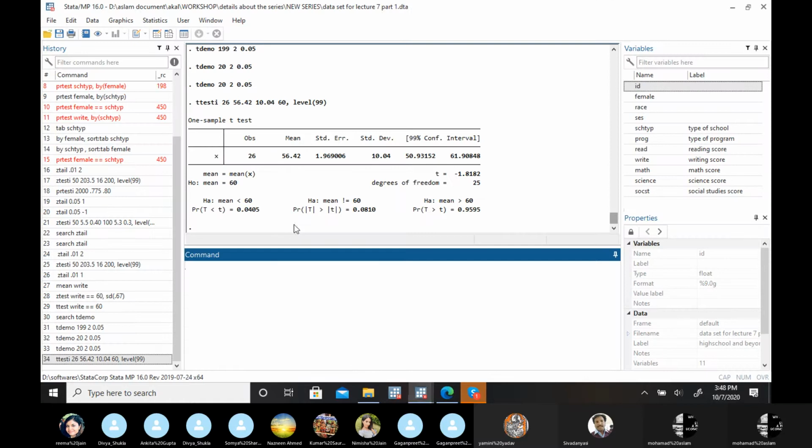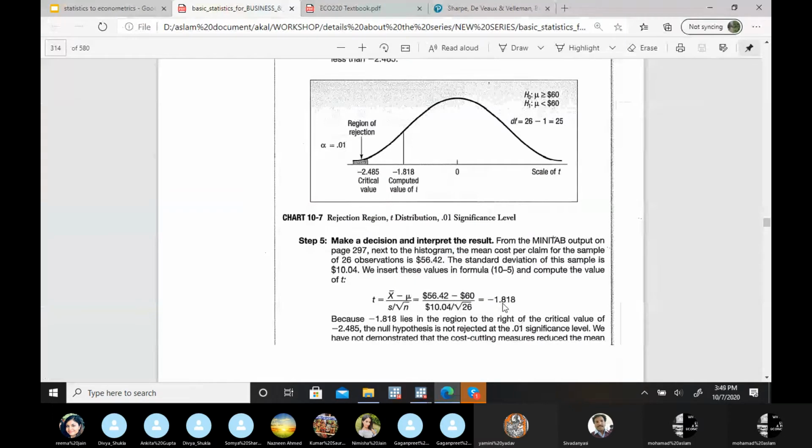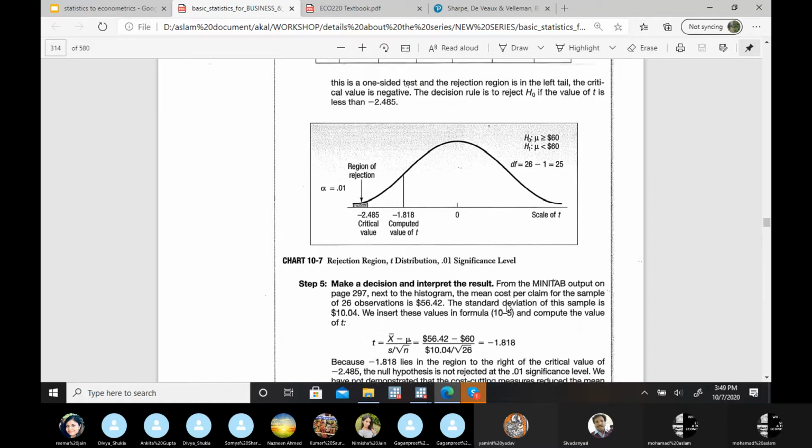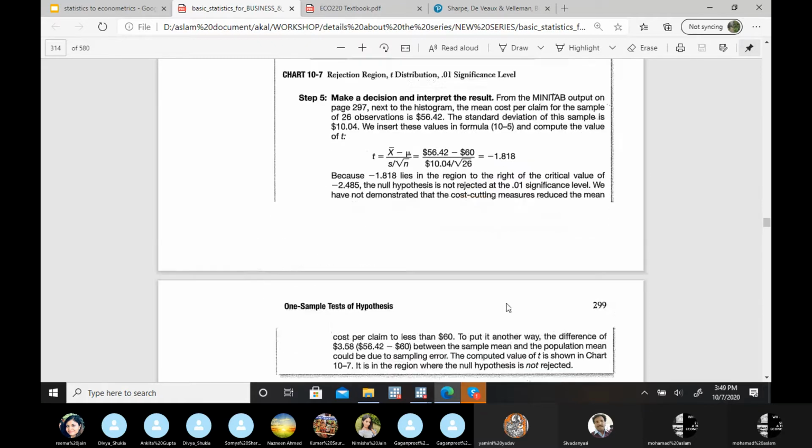let me see the values. Our T statistic, now it's a one-tail test. Our alternate hypothesis is that the mean is less than 60, so you have to look at this particular one-tail case. Degree of freedom is 25, T value is minus 1.81. So let's cross check, yes, minus 1.81. This is how you calculate. If you don't have a data set, then you have to use these values. This is a manual process so that you can understand the process.